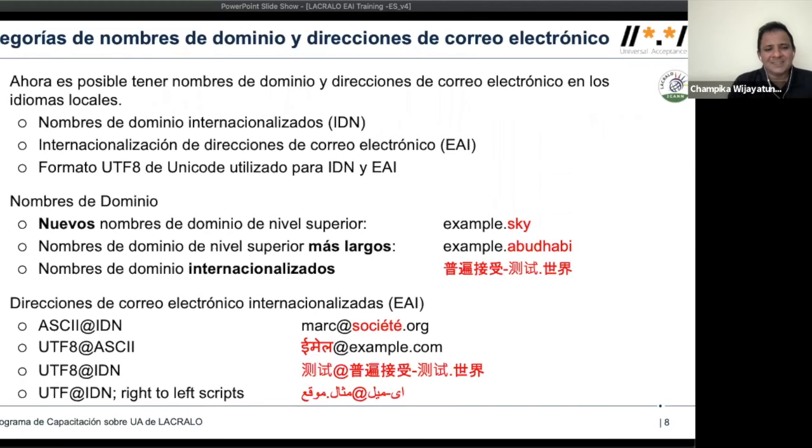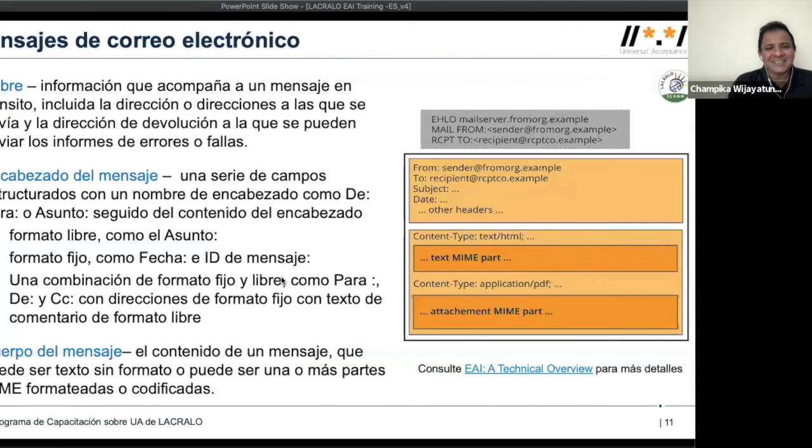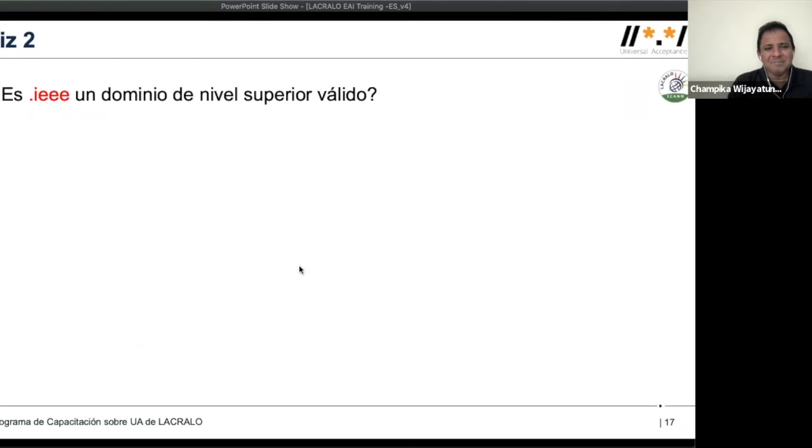Okay, let's have a review of this question. Is IEEE a valid top-level domain? It's actually 50-50, right? If you see the answers, half of the class said yes and half of the class said no. Now, if I just tell you the answer, it is yes. It is a valid top-level domain. So the people who said yes are correct. But my question to you is, and you don't have to type,